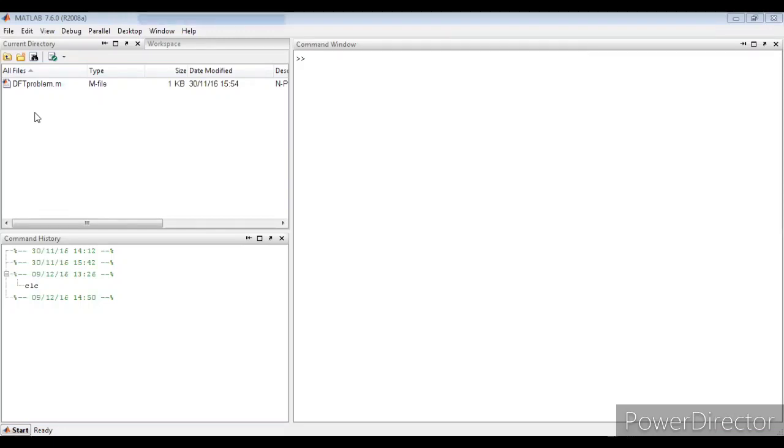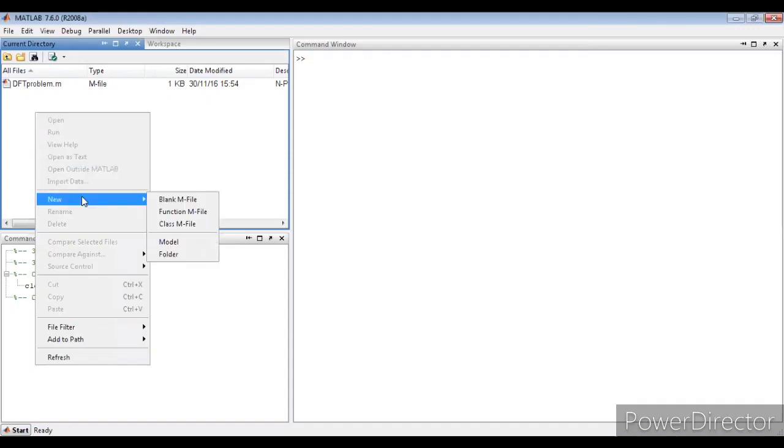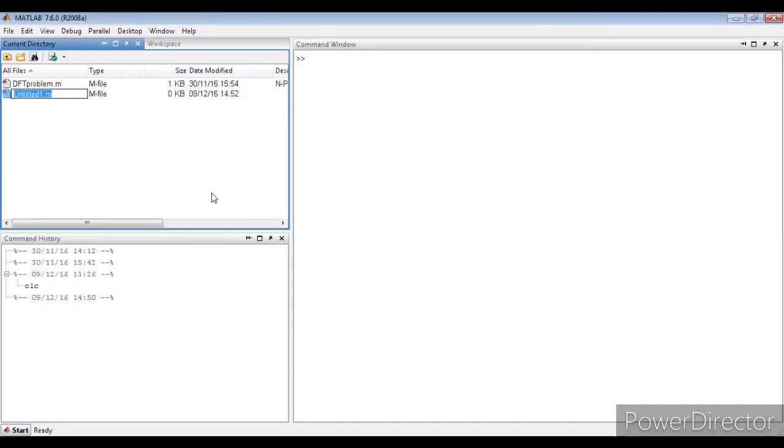For that purpose, right click, go to New, click on Blank File, then type the file name, that is linear convolution. Okay, I'm using the name linear convolution. Now you can open this particular M file there.